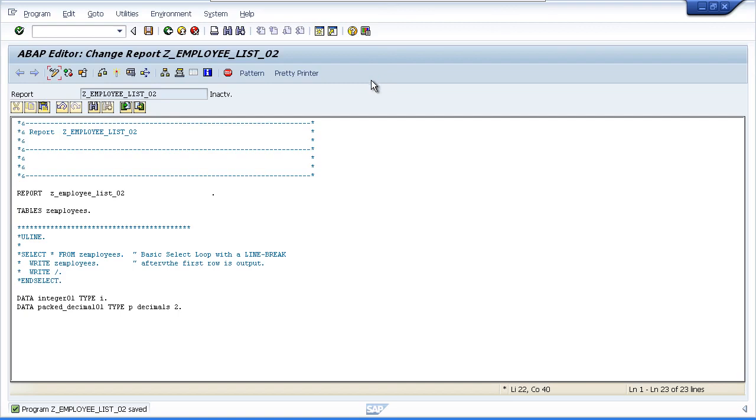Use Pretty Printer, and it converts everything how I like it, and we'll save the program. Now, we have used what are called elementary data types to define these two variables, and these types of variables